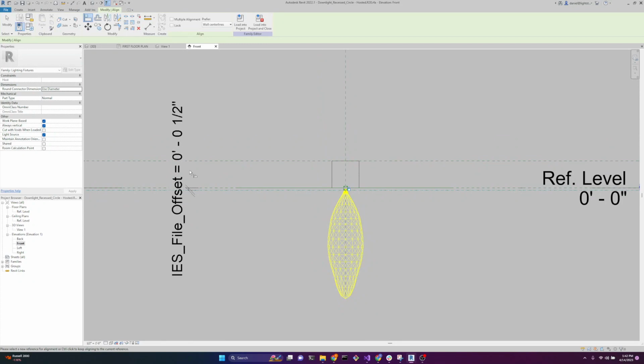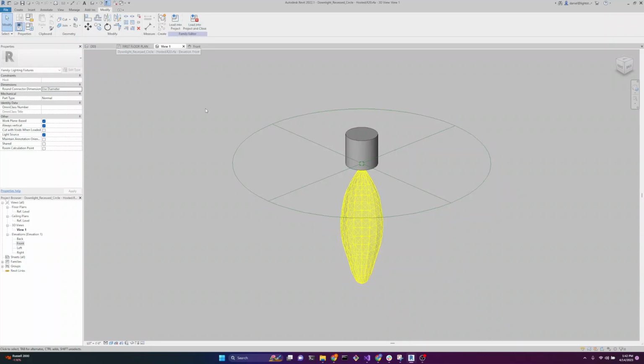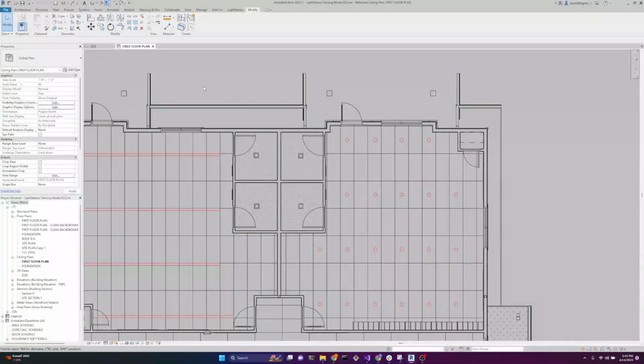If I needed to change the offset because the IES file was too close, I could change it. That's all I need to do to get a downlight family to show up correctly in LightStanza, and so my setup time in LightStanza is reduced. Then I can go ahead and load into a project and close, which I won't do because it's already correct. Now, in terms of linear fixtures,